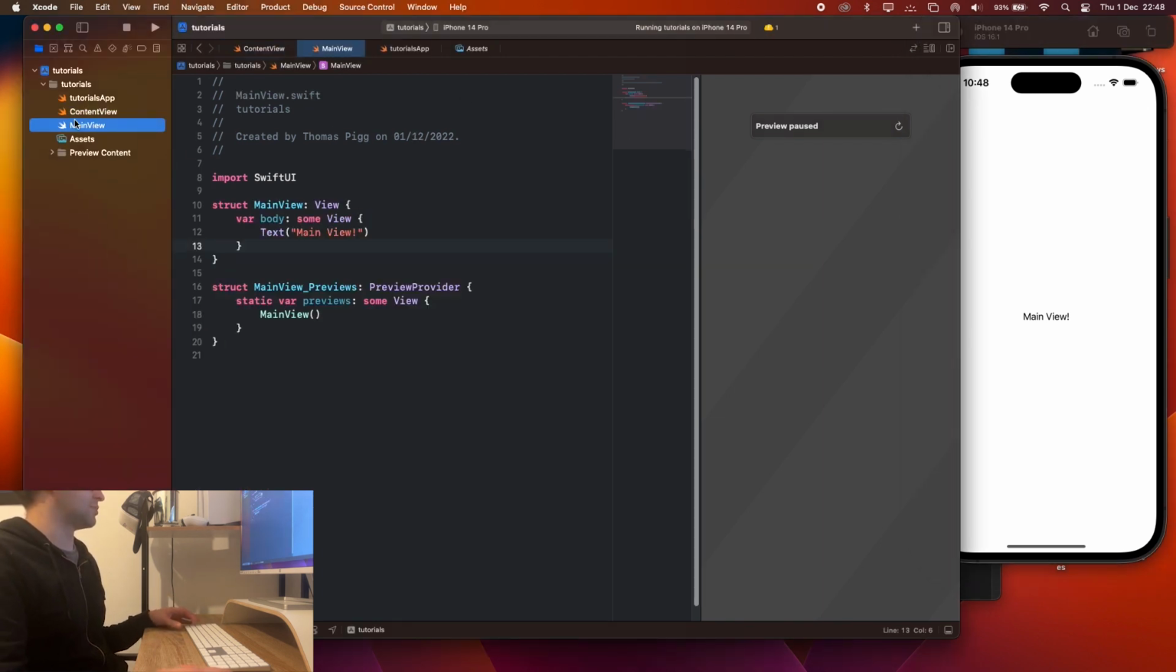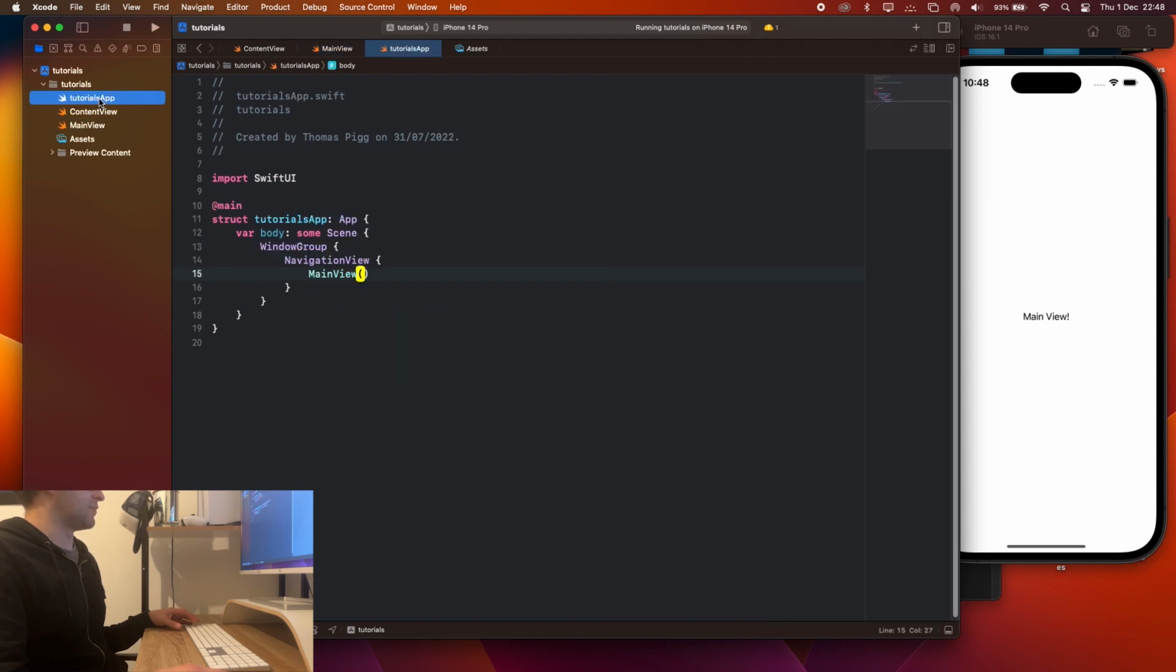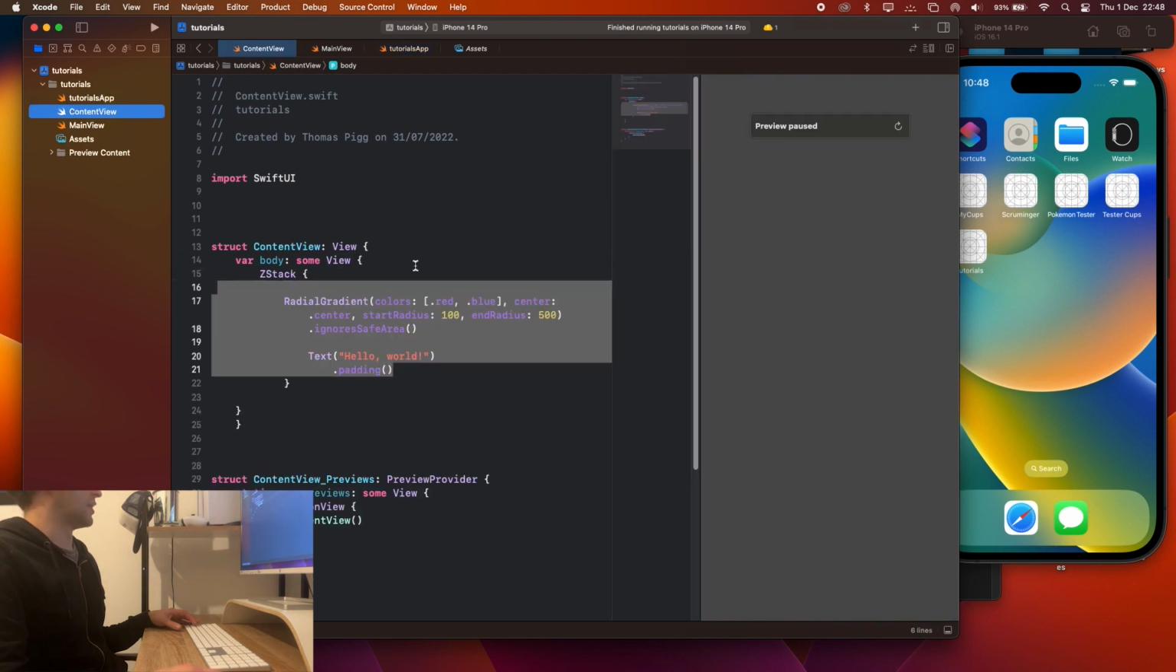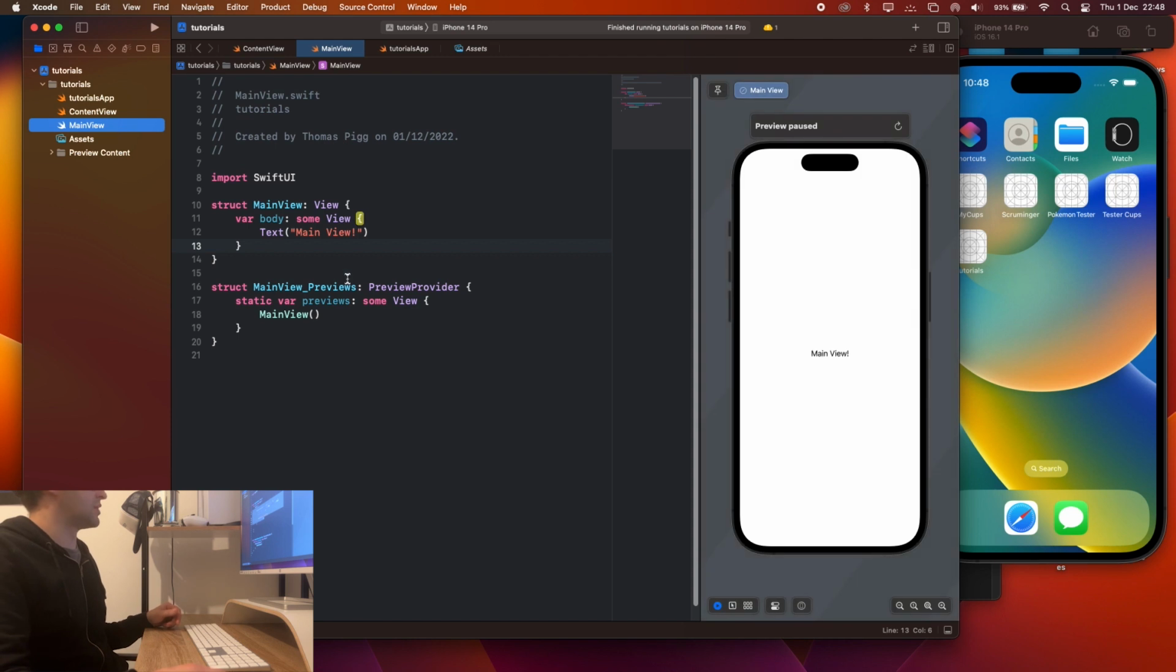And it's actually quite simple. So main view is mentioned in two places right now, isn't it? So we've got it mentioned here, we've got it mentioned here. It could have been a navigation link to main view, all these sort of things. So if we want to change this name, because we decide we don't want to call it this anymore, how do we do it? If we select it,